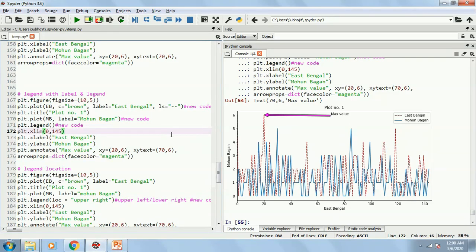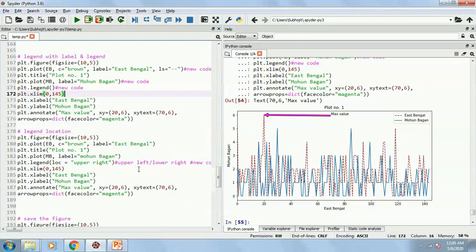Now by default your legend will be placed on the upper right hand side over here, but if I wish, I can change this position by adding a location statement. You can write plt.legend over here.